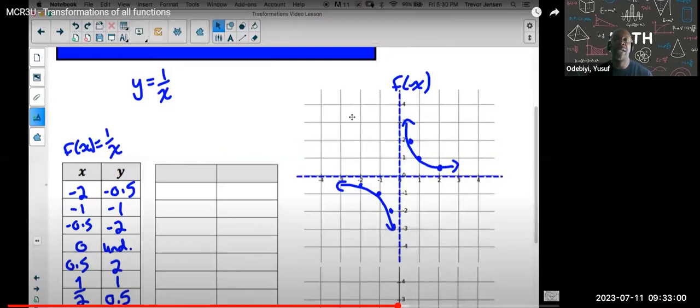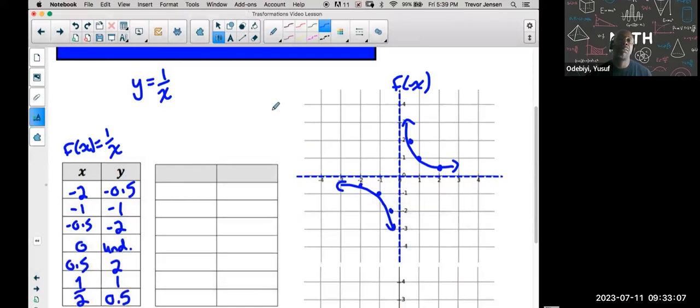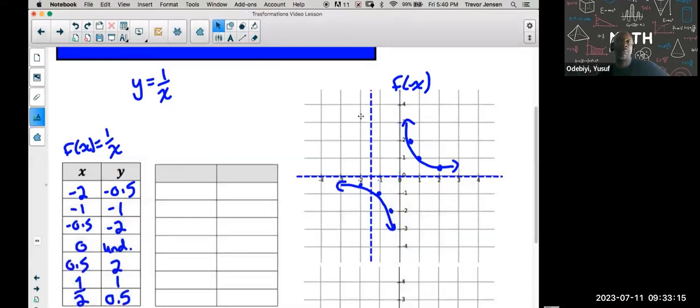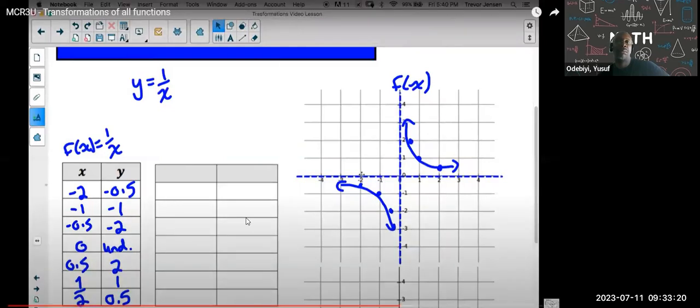So let's go back. If we have any vertical or horizontal transformations, so any vertical or horizontal shifts, these asymptotes would shift accordingly. So if we were shifting left or right, this vertical asymptote would shift accordingly, and if I'm shifting up or down, the horizontal one will shift accordingly. Okay, so what he was saying there,